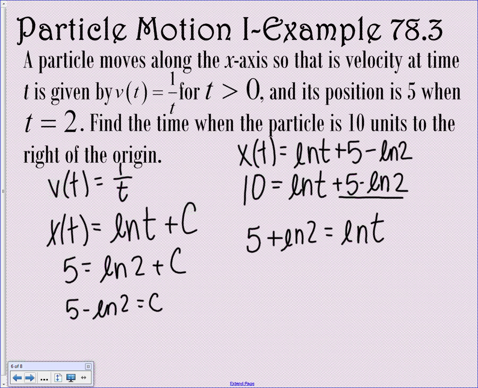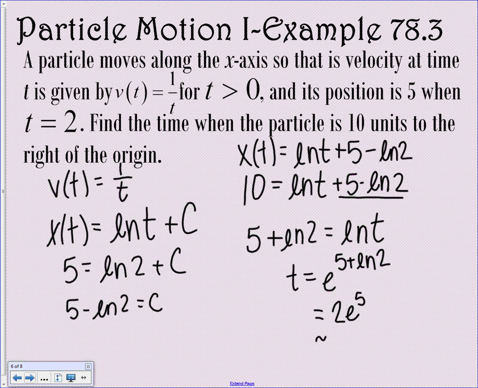I can then use my log rules and rewrite this as t equals e to the 5 plus ln of 2. Which you can also write as 2e to the 5th,